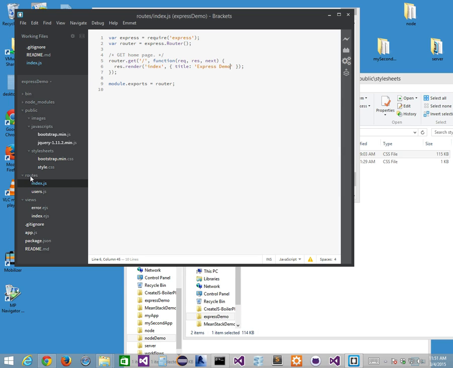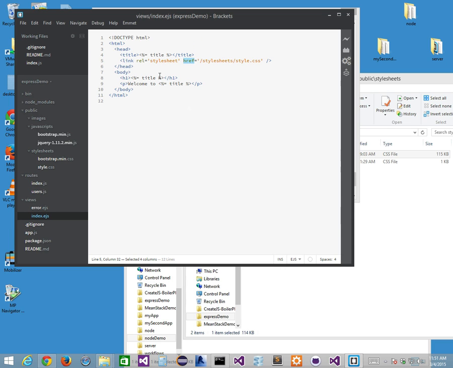Okay, if you notice under roots, there's a file called index.js. So my first root is the / root. It means the general root. When I hit port 3000, it takes me to my first page, which is called index, right? And index, this render index, right? If I use the render command, I'm going to render anything inside my views folder, which is